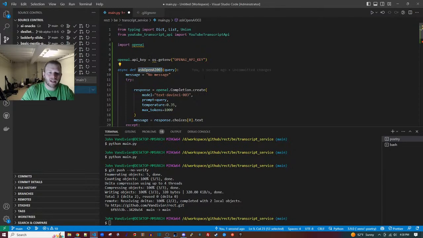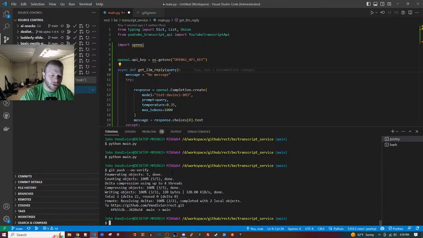It says ask OpenAI. So this is talking about which model. I'm going to rename this to be more generic so that in the future someone could swap out OpenAI for something else. So I'm going to call this Ask LLM. And I'm actually going to use the CRUD idiom, create, read, update, delete. So this is going to be get LLM reply.